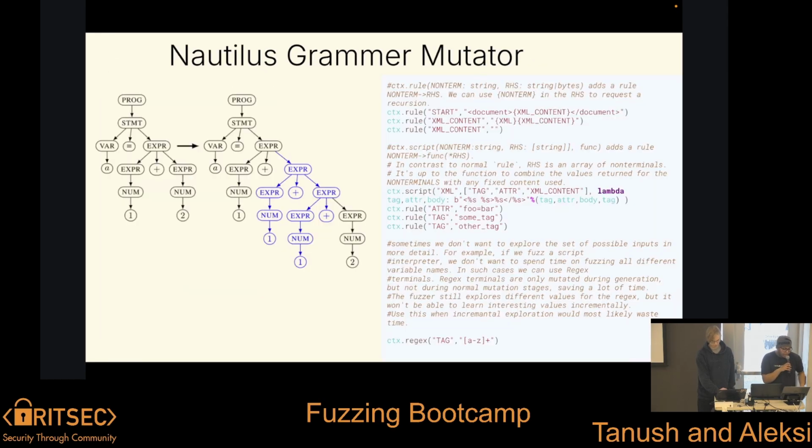Why do we actually care about anything I just said? And it's not just an insane man's yapping. The main reason is there is something called Nautilus grammar mutator. It's built into libafl, and the idea here is you can define your own custom grammars for something like, say, XML. And obviously, there's a lot of XML parsers, and XML parsers written in C might be bad because they can lead to bugs.